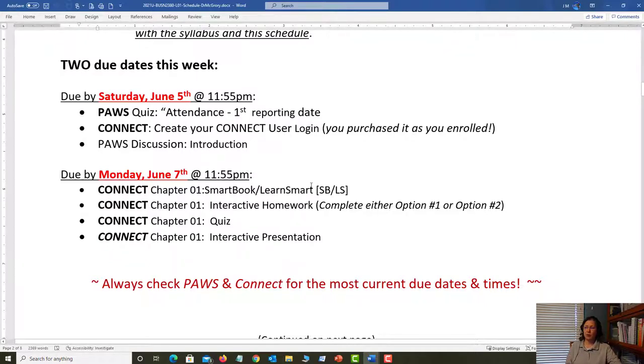First, the Learn Smart assignment. Now I'm going to demonstrate this to you, and we'll also talk about some of this in the syllabus, but let me go ahead and say this now. The Learn Smart is interactive reading. It is your book, and it's going to take time, but every single student can make a perfect score on this.